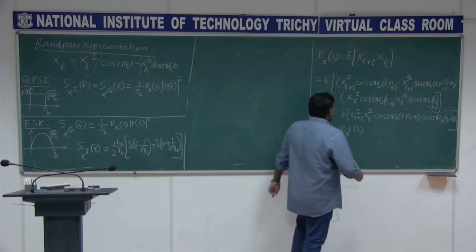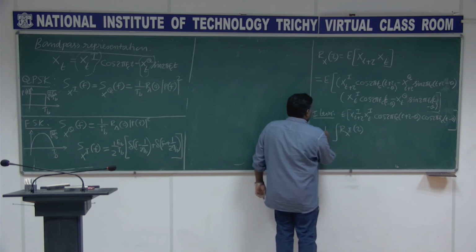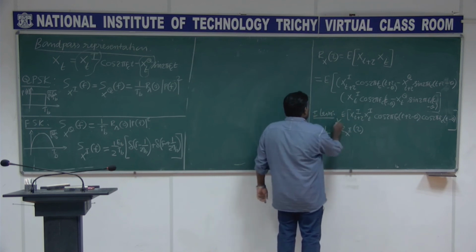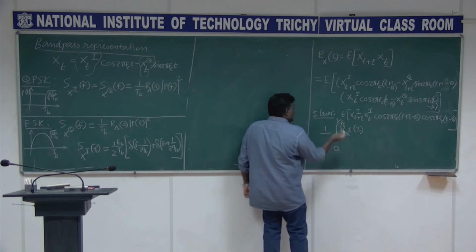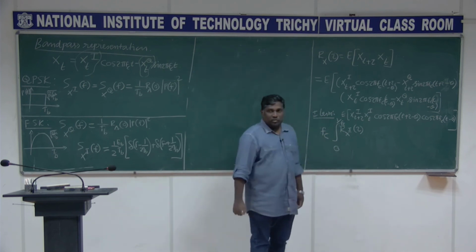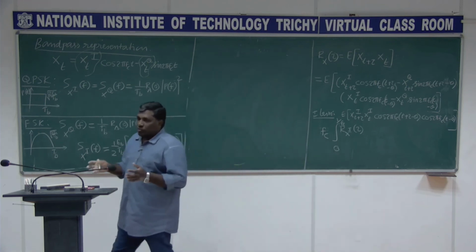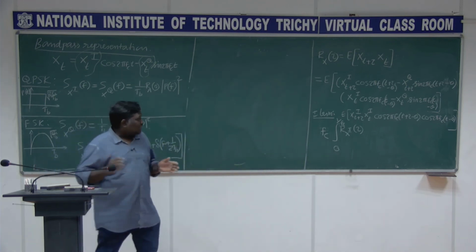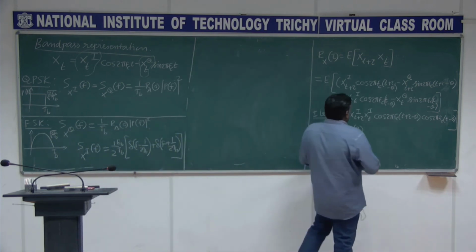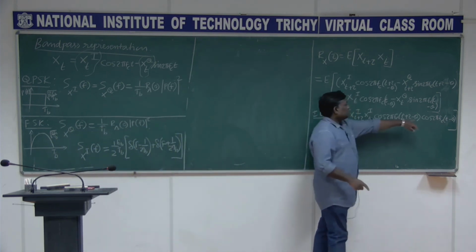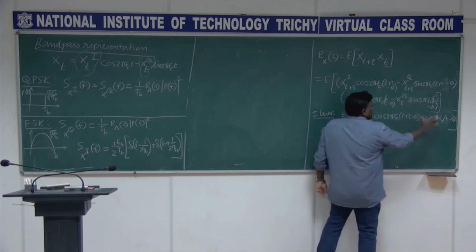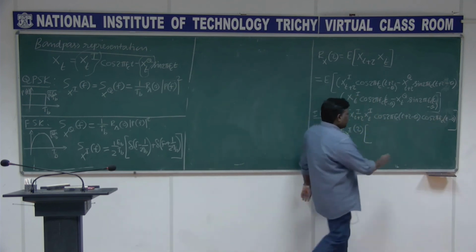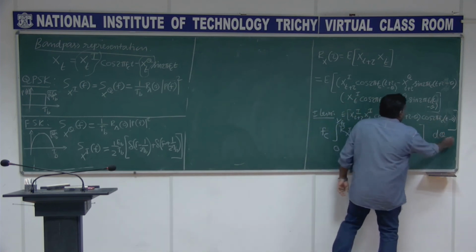So that means the integral, it is uniformly distributed, I already told, 1 by Fc. So this is 1 by Fc, so it is going to be scaled with Fc here, it is uniformly distributed between 0 to the time duration 1 by Fc. So this I have written in this. Then this one, I can write it as two terms, one is the cos a plus b form, and then the cos a minus b form, and we get this d theta.